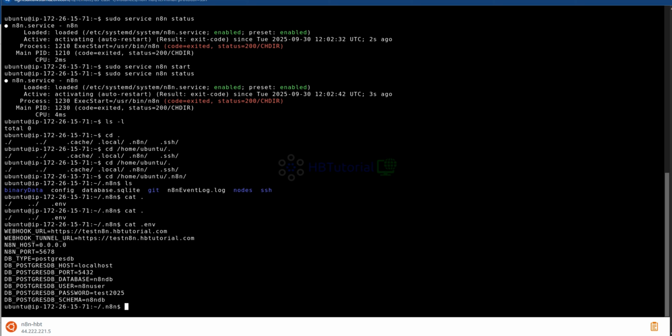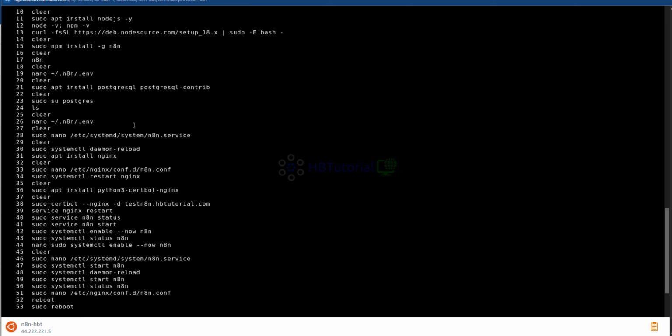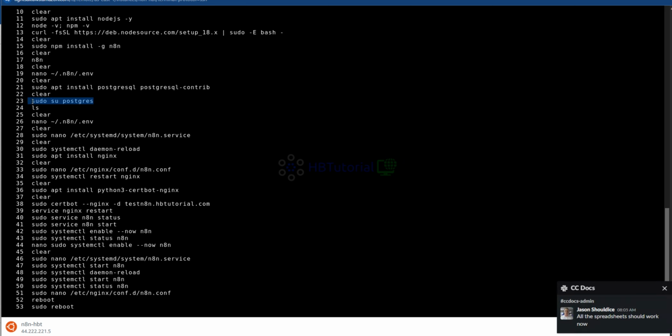I'll check my env file. So webhook underscore https webhook.url. I need to verify my password.